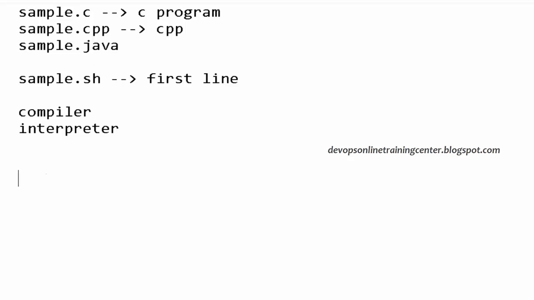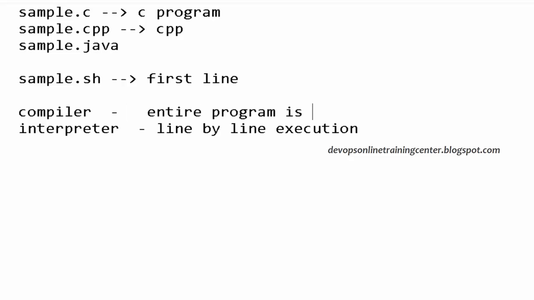In programming languages like C, C++, or Java, we basically compile the program first. We use the compiler, and it converts that to machine level code. Then we execute that machine level code to get the required output. The compiler reads the program from top to bottom once and compiles it, whereas the interpreter executes the program line by line. So the entire program is compiled at once,